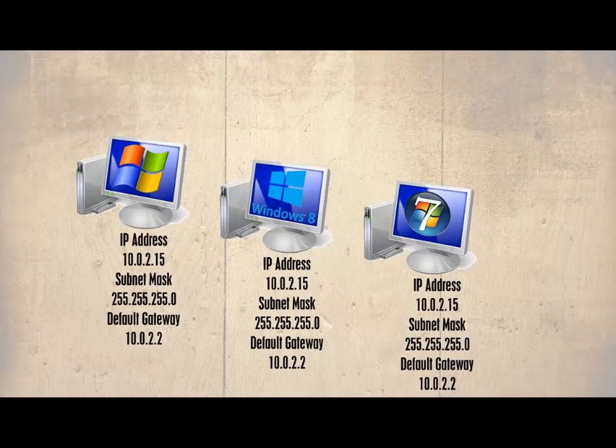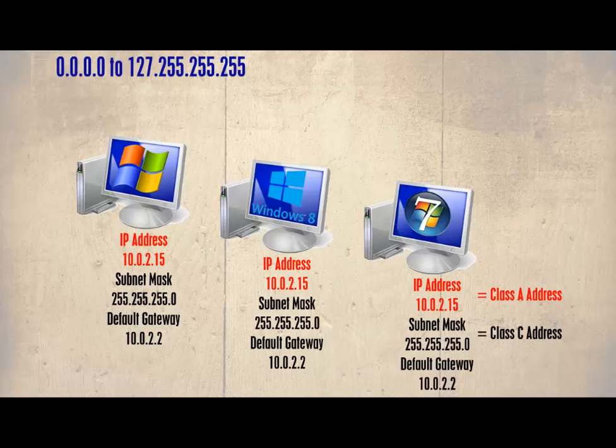The first thing you will notice is that the IP addresses are all the same. So are the subnet masks and the default gateway. Another peculiar thing is the subnet mask. It is 255.255.255.0, which implies that the IP address is a Class C, although the IP address is actually a Class A,